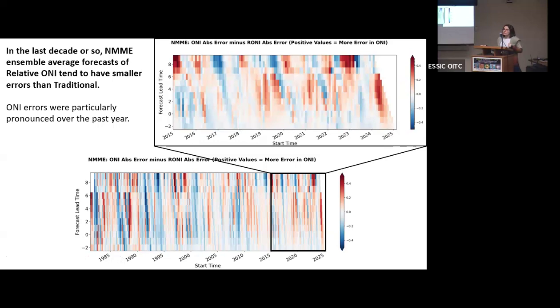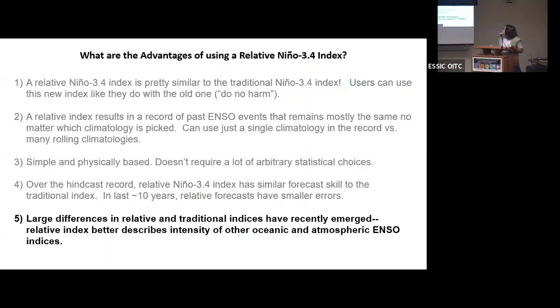And this time series ends with this most recent 12-month period, which is clearly better forecasted using the relative index. Now, I should back up and mention that before this La Niña formed, all the models were too cold, even in a relative space and a traditional, they were too cold. But what this is saying is that essentially, if you're using relative, it wouldn't have been as cold and it would have been a little bit more attuned to what happened in the observations. All right, this gets to our last point, and then we can stop and answer questions and have pizza.